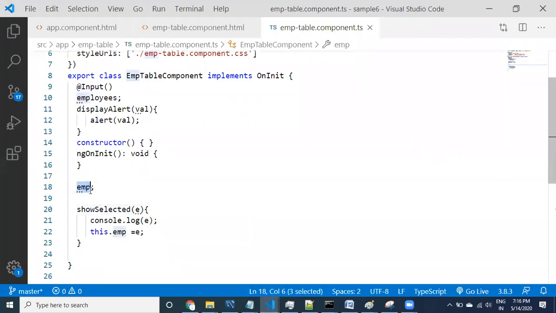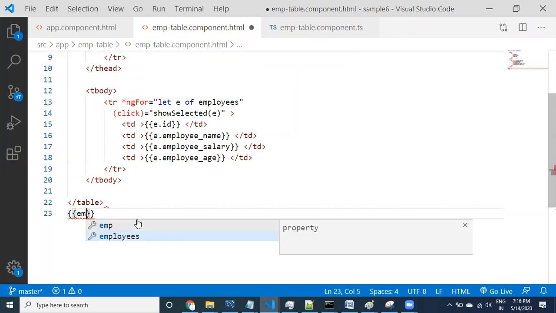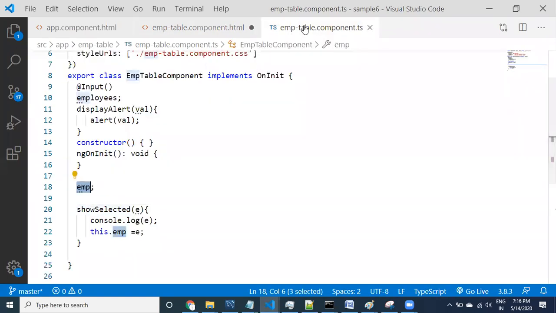Go to the HTML, and after the table, you can display some information using e.emp. Let us go to the TS. What is the property we have taken? EMP.